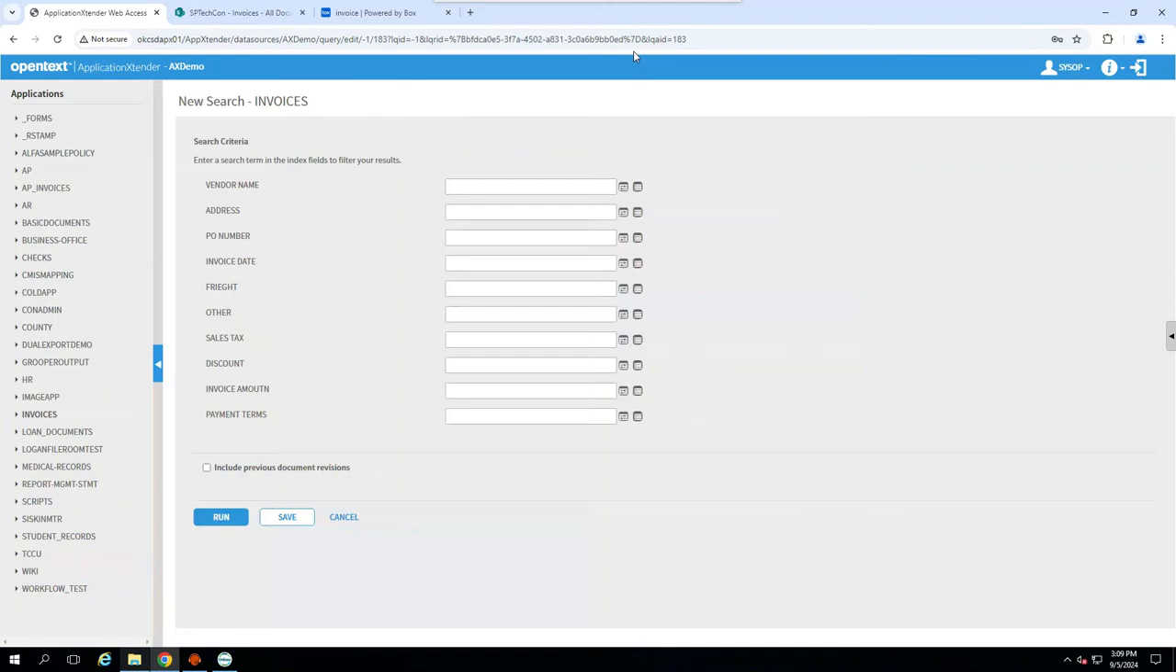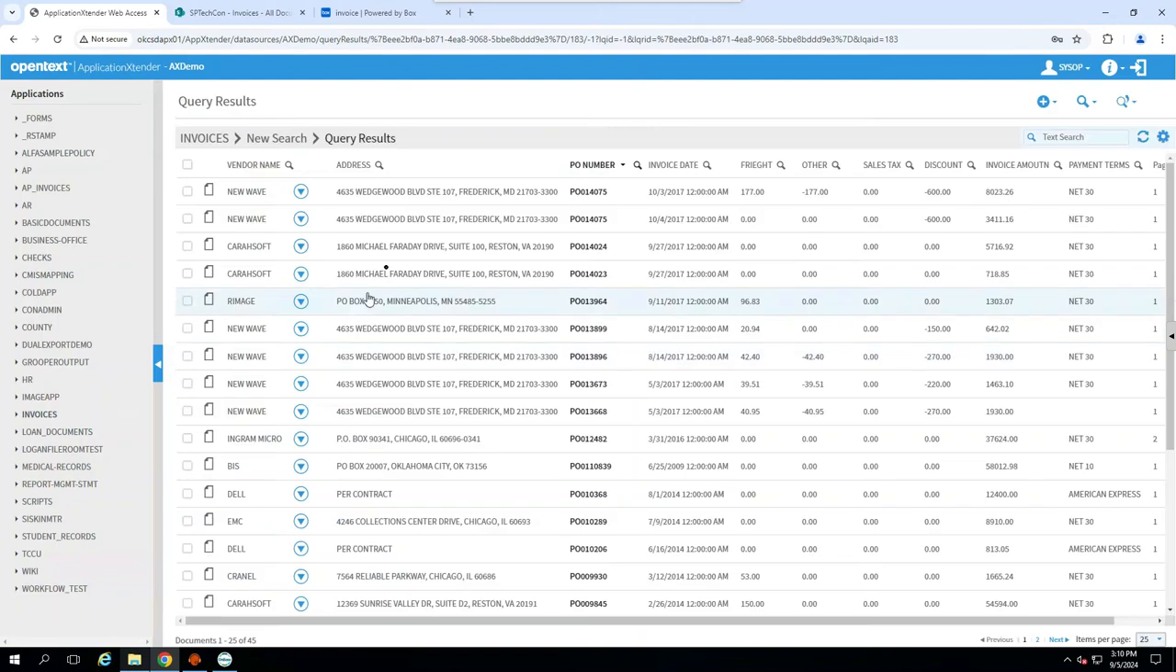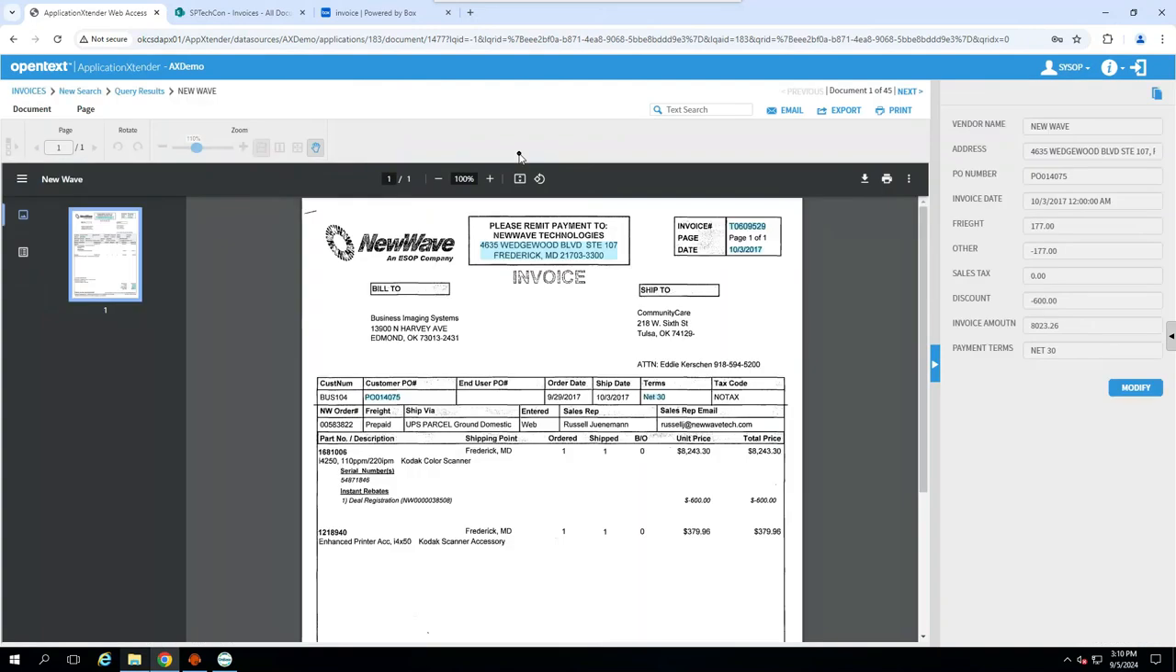So we're going to start with AppXtender. That's what we're looking at right now. And we've got a search screen in our invoices folder here. We can come in, do a new query, see that we've got quite a few documents out here. If we wanted to display one of those, we can use the AppXtender user experience here, come in, view a